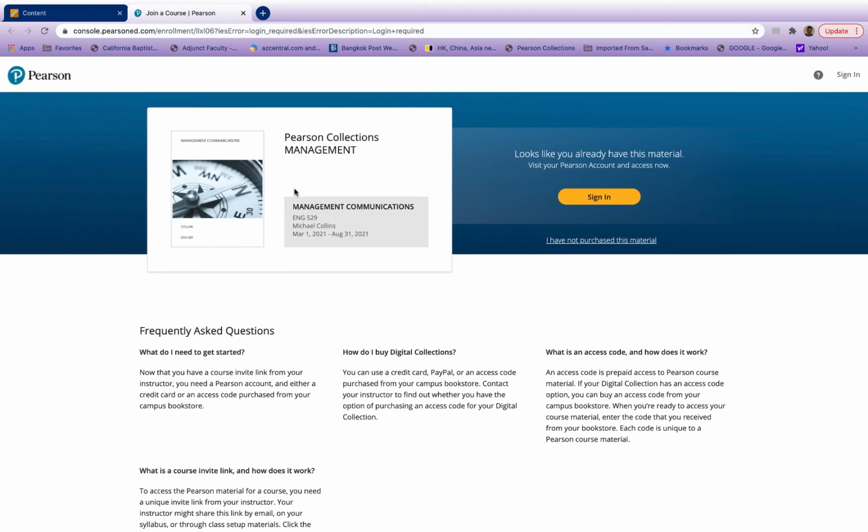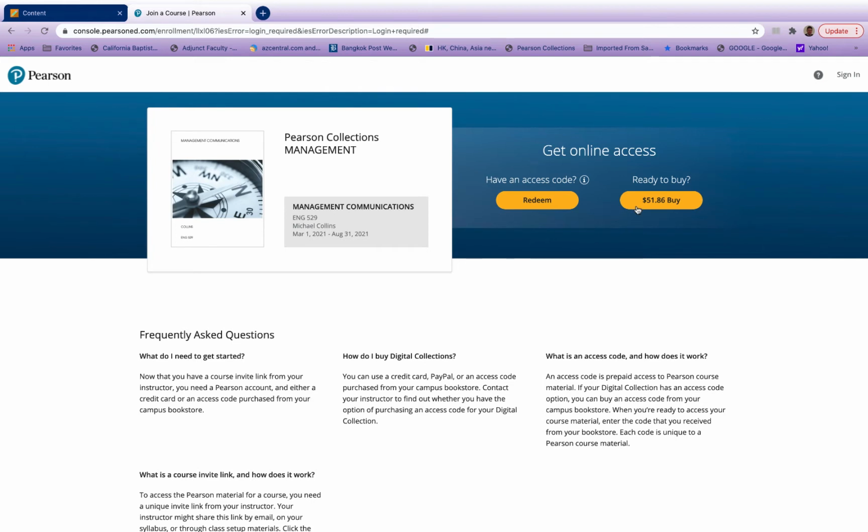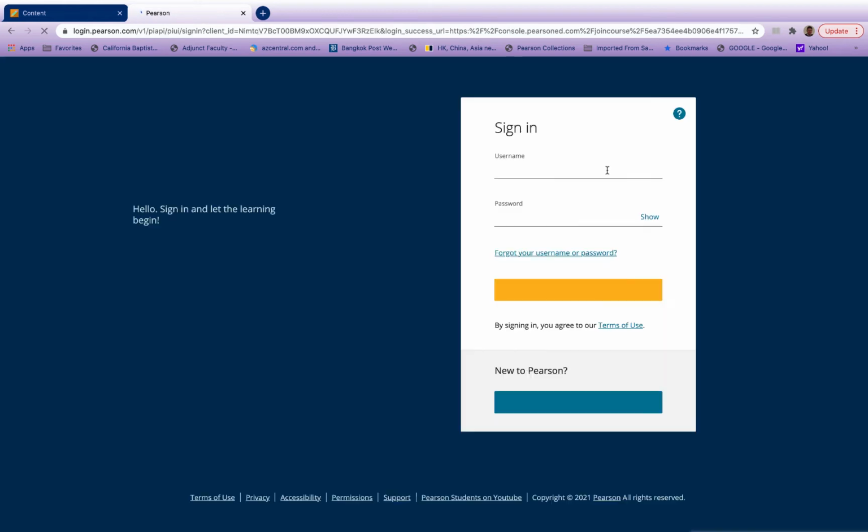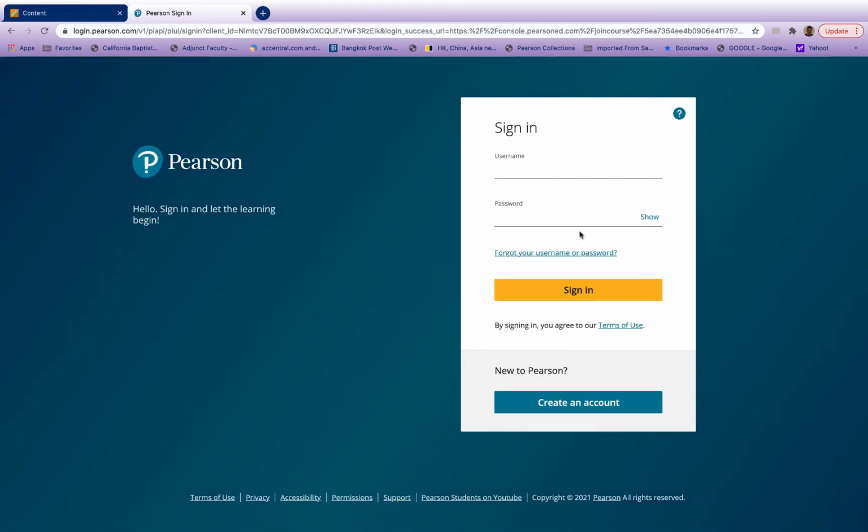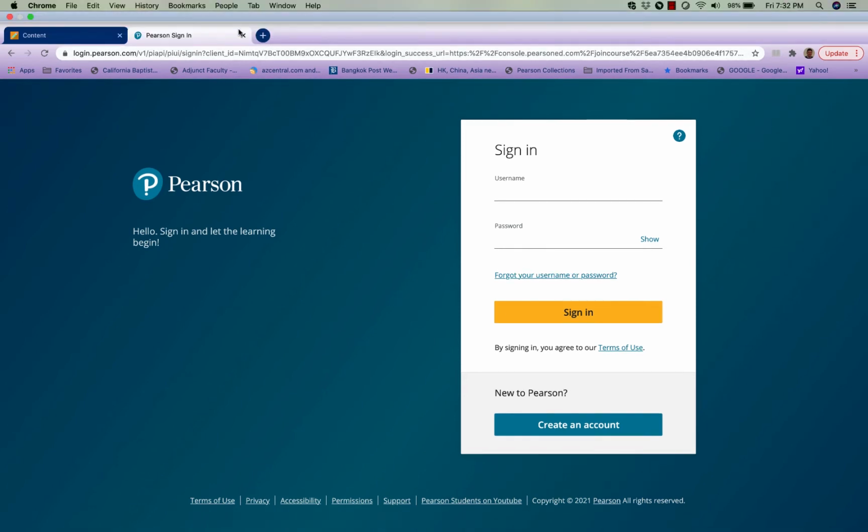This is the collection you want. You'll have chapter readings almost every week. So what you're going to need to do is, if you haven't purchased this material, you want to buy, and then you'll create an account. And you do that, you'll buy the ebook. It's good for about 6 months, okay?